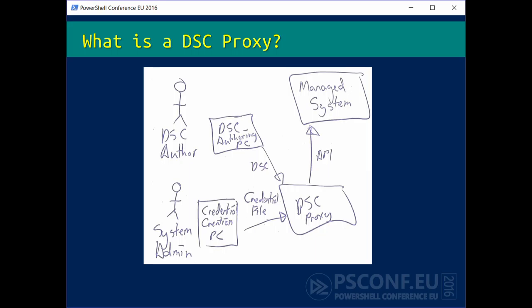So if you are trying to pass credentials for a resource that actually lives on the system that is consuming the configuration, you use secure credentials and certificate-based encryption of credentials in DSC like normal, right? I have that all set up, and that's working fine in the case of the PowerShell module for